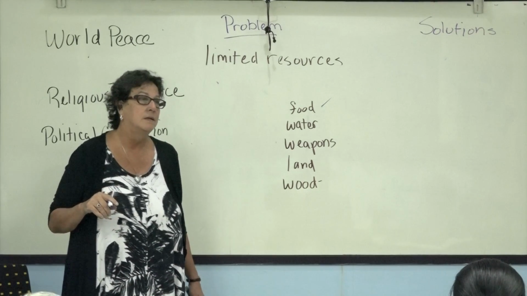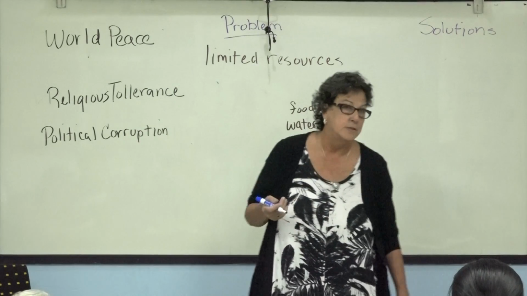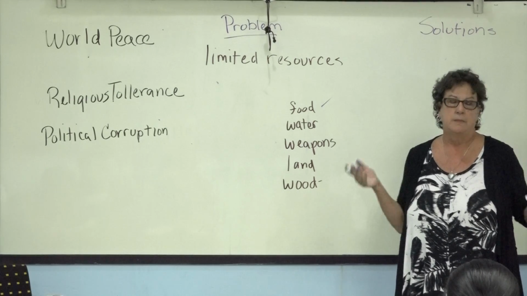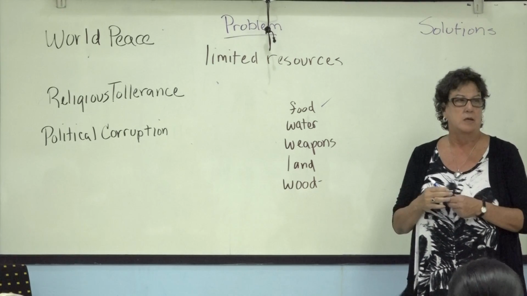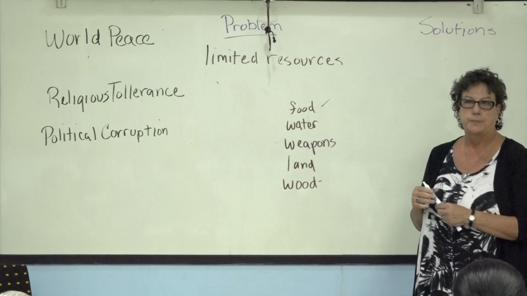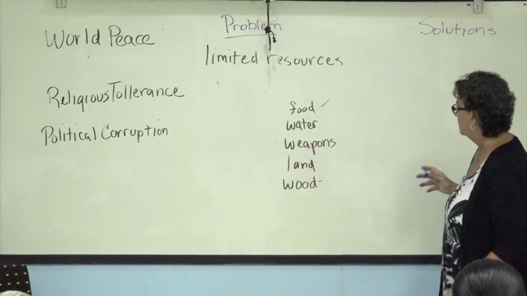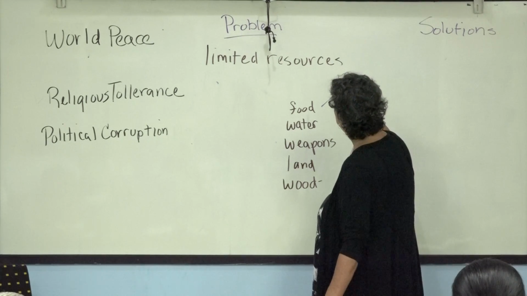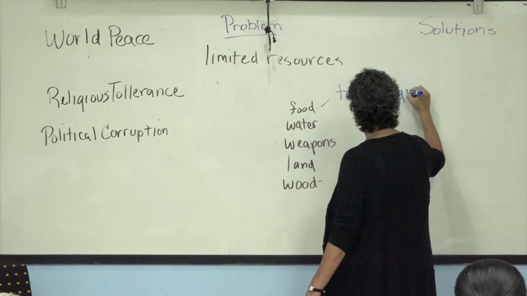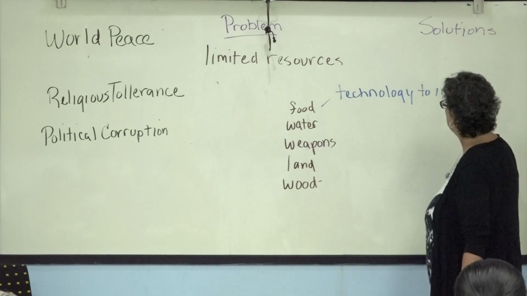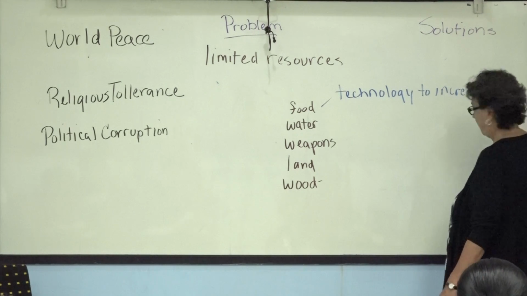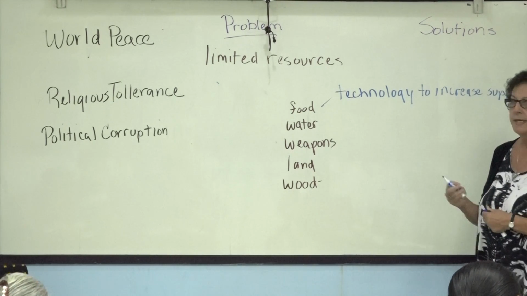Ethiopia children. Yes, the Ethiopian children are often hungry. You see those very sad pictures all over the world. There are pockets of hunger. So how do we fix it? Is a new technology to increase the supply? Technology to increase supply. Absolutely, that's one of them. What else can we do?